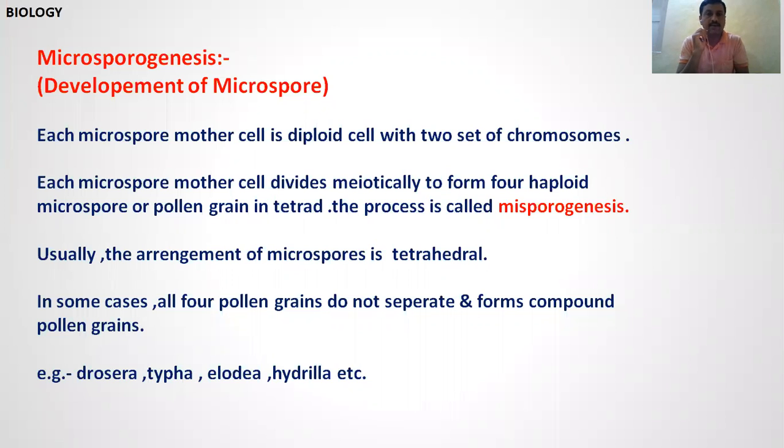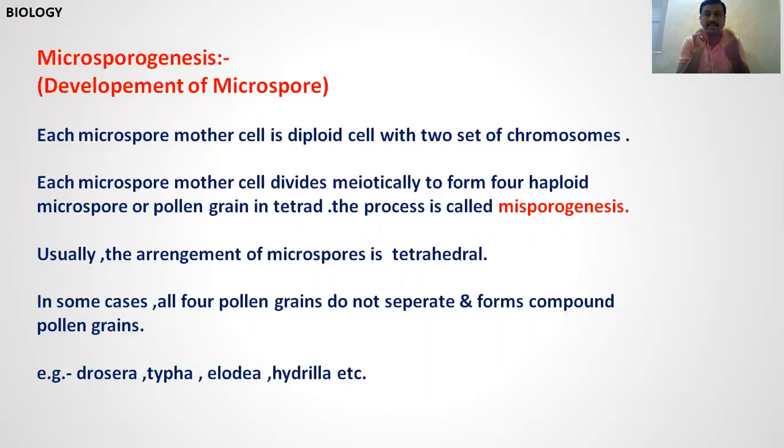First, the anther wall. It is the protective covering layer of the microspores. It is divided into four parts. First, the epidermis. It is the outermost protective covering layer. Second, the endothecium. This is the main point: it is responsible for the dehiscence of the anthers. When the microspores are mature, these walls suddenly break and the pollen grains are spread to the outside.